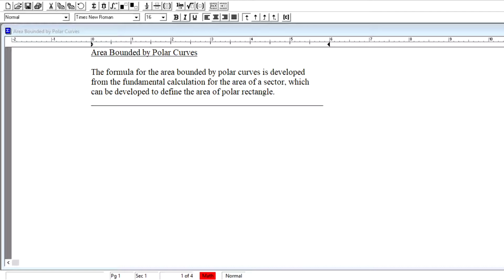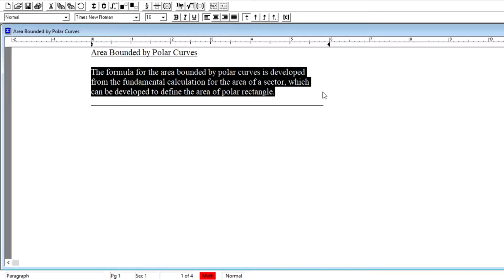and equations here. In this video, we are going to look at the case for the area bounded by polar curves. We are going to look at how to calculate that area that's found trapped within, in between polar curves, right? So this formulation that we are going to develop, to begin with, we take note that it does develop from